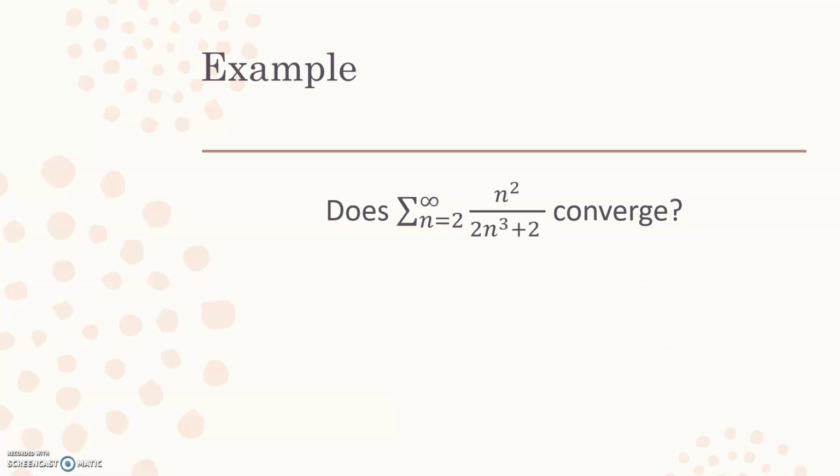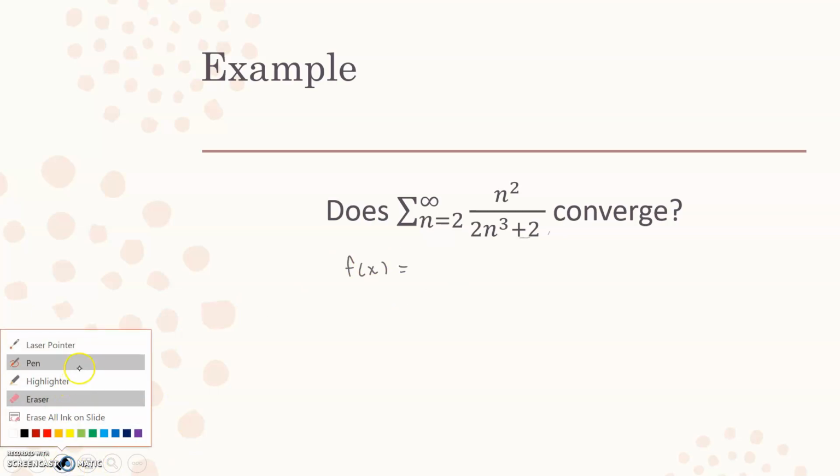All right, one more example. This is the last example. On this one, we might need a first derivative test to convince ourselves that this is decreasing, but I could say that as my x is getting larger, my denominator is getting larger faster than my numerator, so I'm pretty sure it's decreasing. So we have f of x equals x squared over